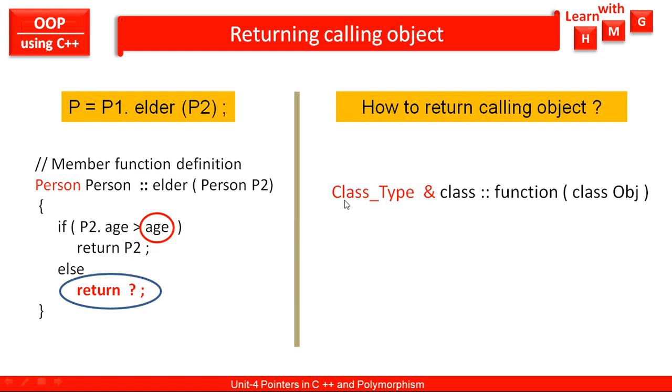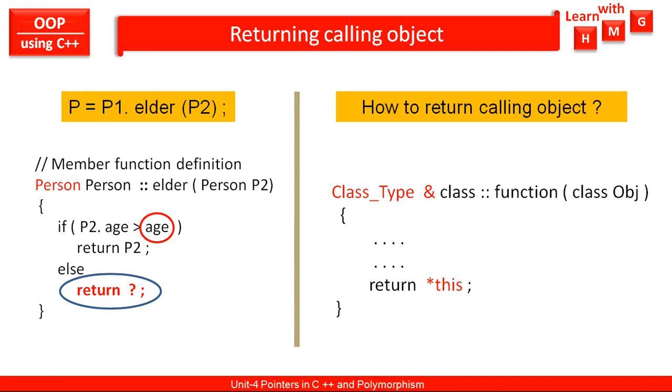Okay, the body of the function will be there, and while returning the calling object you have to write return *this. So now this red color *this indicates that you want to return the calling object. So whenever you want to return the calling object, your return statement will be like this, return *this. So whichever object will call this function, that object will be written in terms of this pointer, because this pointer